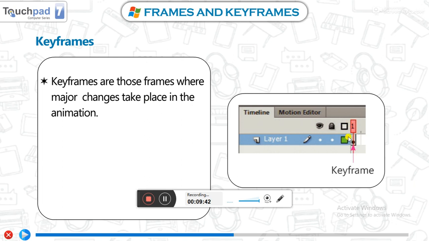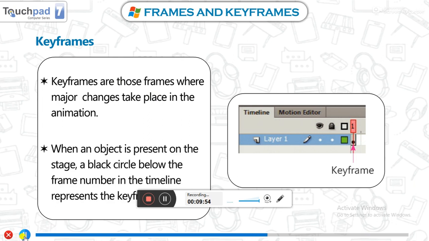This is called a keyframe. The keyframes are of two types: one is a keyframe and the second is a blank keyframe. When an object is present on the stage, a black circle below the frame number in the timeline represents a keyframe. Here is the black circle.